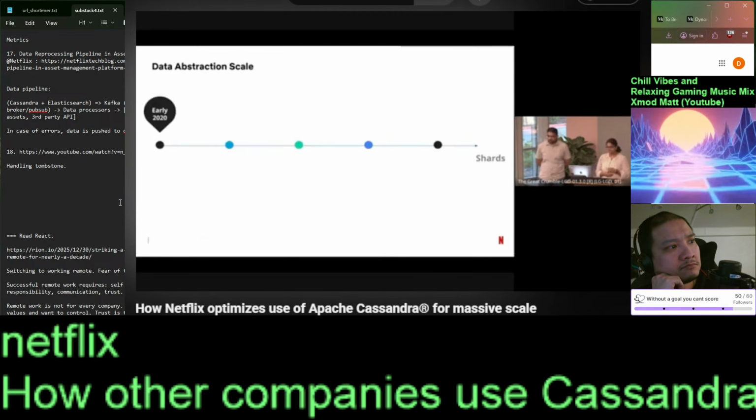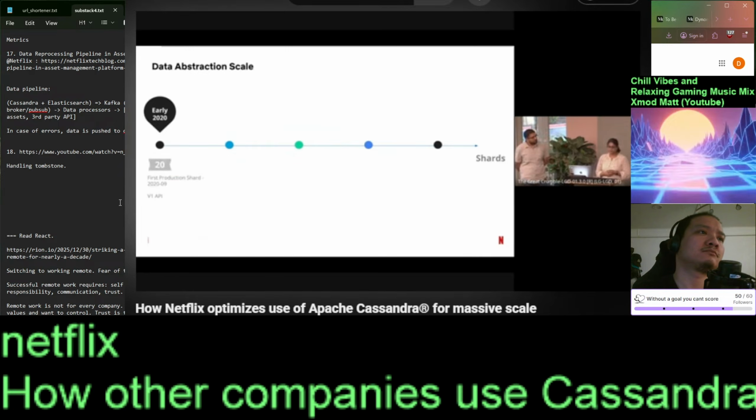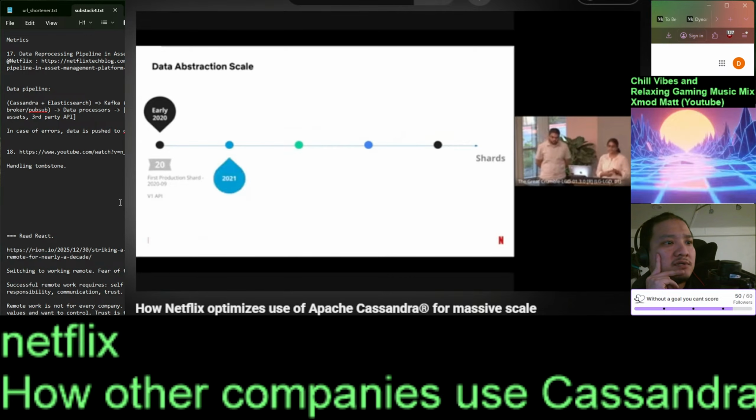We started abstraction in early 2020. We started with a few production use cases. You can think of shards as apps that are connecting to databases. With the V1 API, we had very simple APIs: puts, deletes, and gets. In 2020, we productionalized the first use case. That year, we onboarded 20 of them. In 2021, we